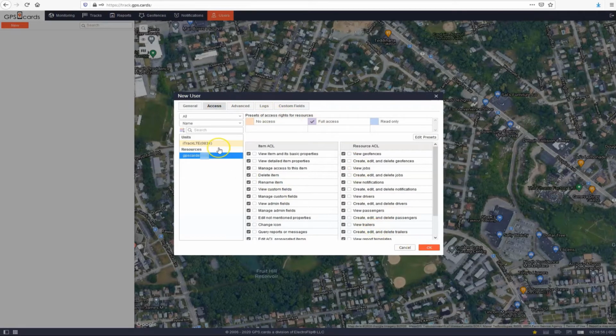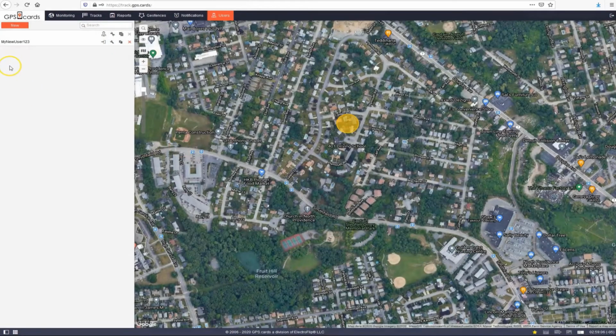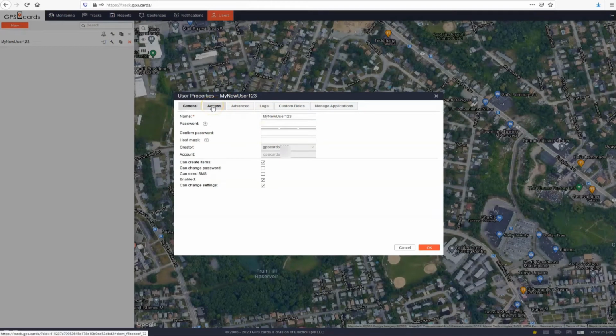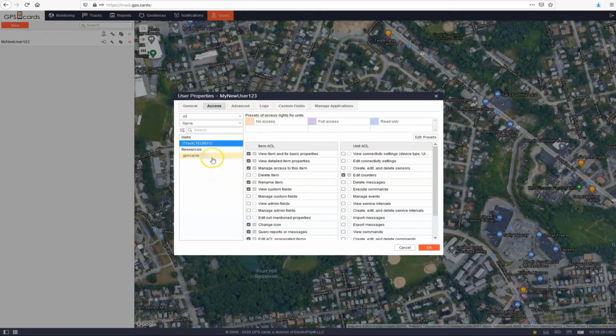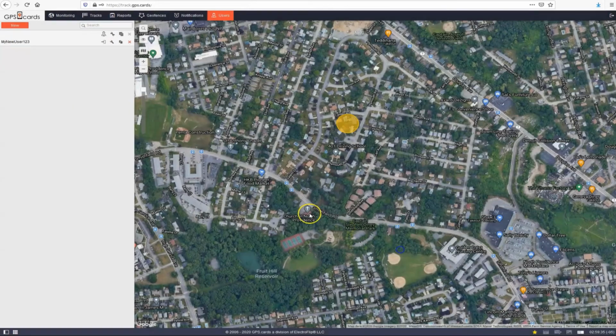So access, after we have given them full access to the bucket as well as the unit, we're going to go ahead and click OK. Okay, we have created the user now. Now this user, we can log in as that user by clicking on this little login icon here. We can go back and edit the properties of this user and either change the password or make changes to the name or other changes, maybe change access if you gave them too much access and you don't like the access that they do have. So I'm going to go back and we're going to go ahead and log in as that user.